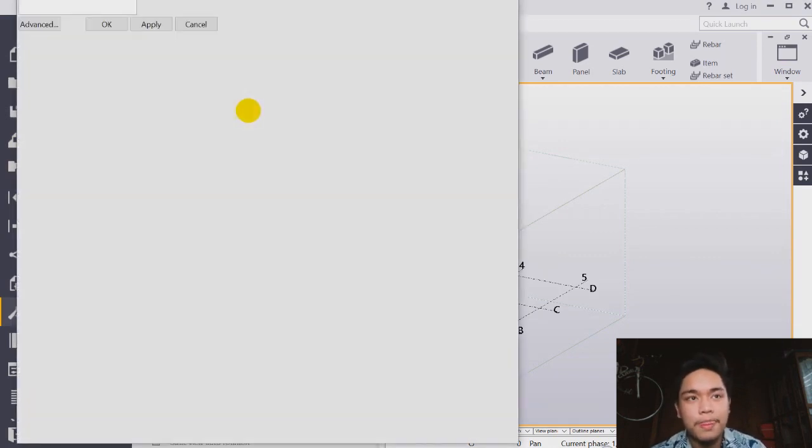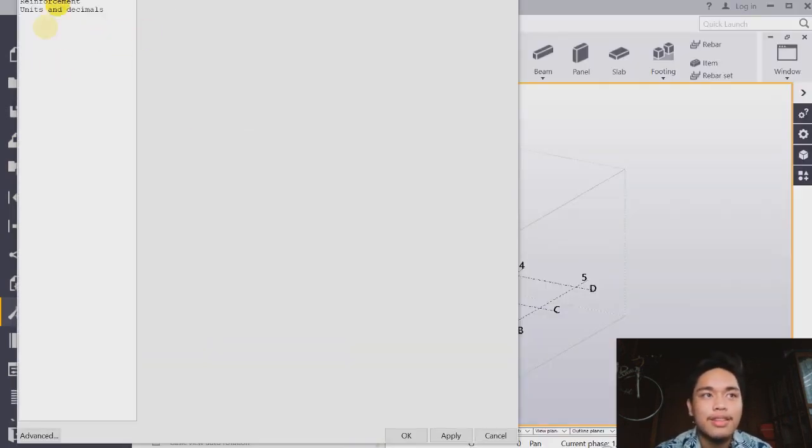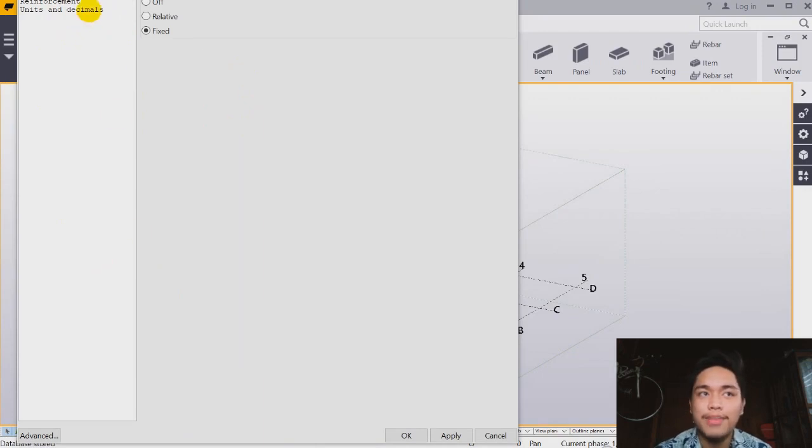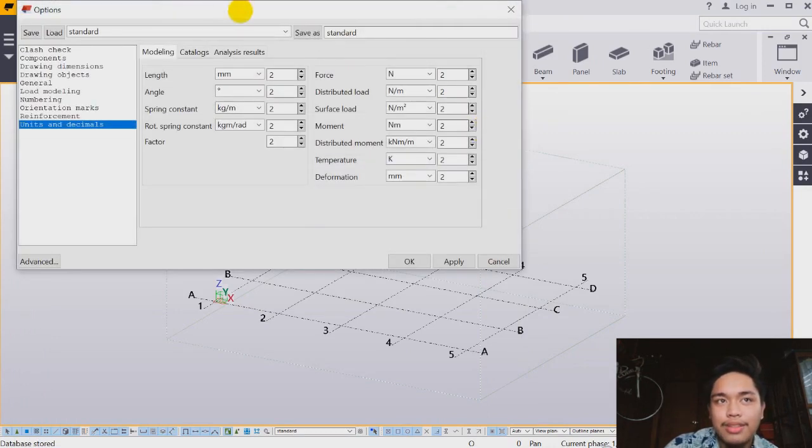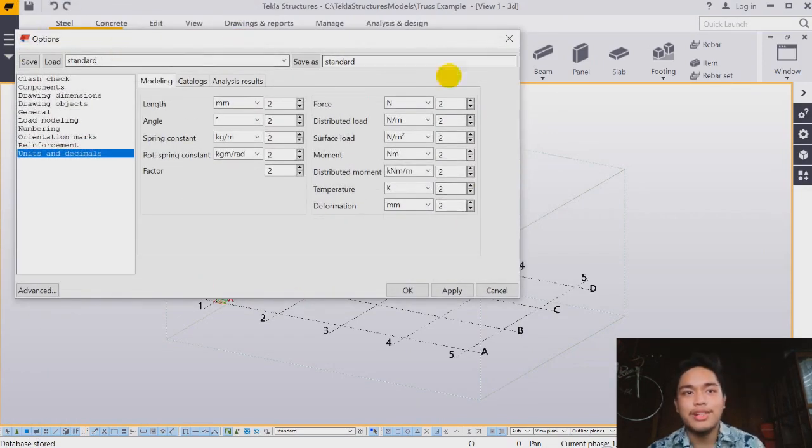then this dialog box or this menu will appear. So let's click this, units and decimals. Let's move this like that. So the options window will show, and click again, units and decimals. Then we will